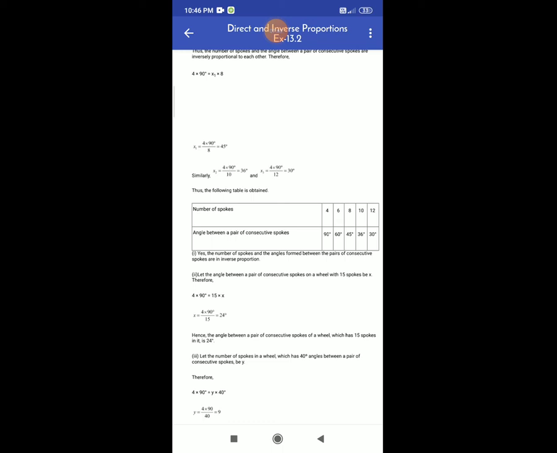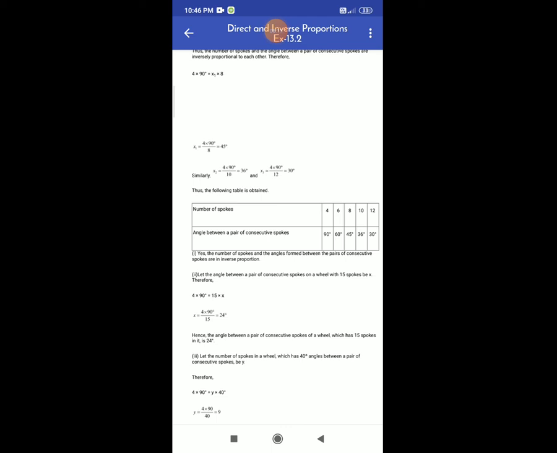Second, let the angle between a pair of consecutive spokes on a wheel with 15 spokes be x. Therefore, 4 multiplied by 90 equals 15 multiplied by x. Therefore, x is equal to 4 multiplied by 90 by 15, which is equal to 24. Hence, the angle between a pair of consecutive spokes of the wheel with 15 spokes is